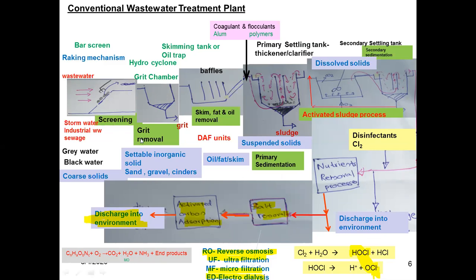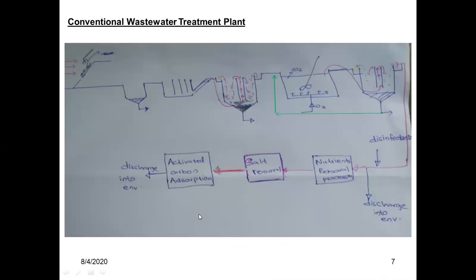So the first step is screening, then grit removal. The third one is skimming and fat and oil removal. Then primary sedimentation, activated sludge, then disinfection. After disinfection, nutrient removal, salt removal, activated carbon adsorption. So these are the processes of the conventional wastewater treatment plant which I draw. While you are following this video lecture, you have to draw your own diagram, because you should be familiar with this one. So from screening,